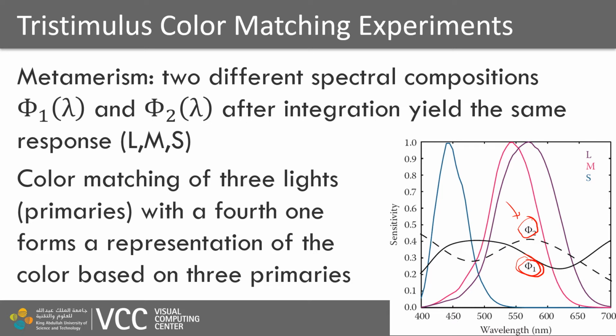there have been experiments in color research with replacing the colors with three lights, which are called the primary colors, which are then added together in forming a different color. And they are added with different intensities. So we have three lights. Imagine you have a projection of a red light and a green light and a blue light, and you mix them together, and then you can modulate the intensity of each of these three lights, and by that you can vary the resulting mixed color,